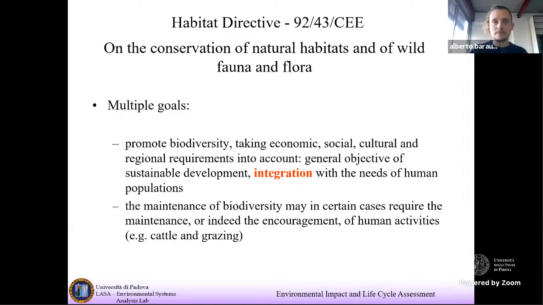And so integration of conservation with the needs of humans. And so this network of protected areas that's represented by the Natura 2000 network is a very peculiar network, because in those protected areas, for example, you can fish, you can hunt, you can construct houses or factories. Human activities are not prohibited as long as they are sustainable. In certain cases, think of the example I was making about the pastures, human activities are actually encouraged because they may contribute to maintaining biodiversity.